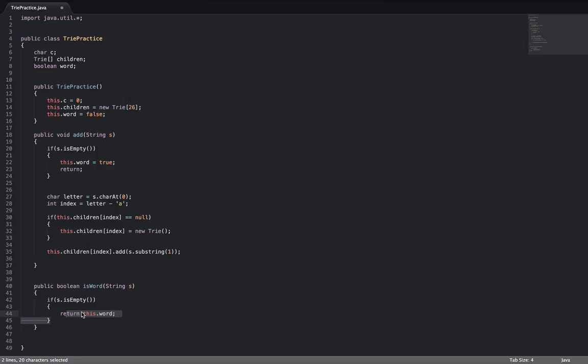It's like getting wrong directions. Like you hit a dead end, you can't go any further because that's the end of the word. So we're going to return whether or not word is true at that index or at that node. And if it's not true, it'll return false, obviously, and if it is, true. So now we have to traverse through there. So like the add function,